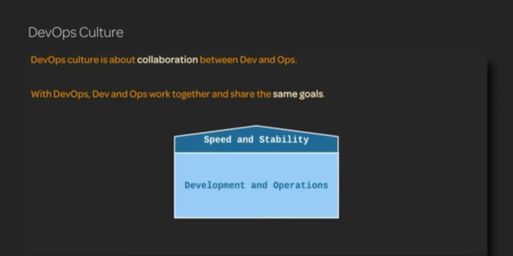What DevOps culture has discovered is that when development and operations come together and share the same goals and prioritize speed and stability equally, they're able to find solutions and build tools that can allow an organization to have both speed and stability, to allow development to deploy frequently, to deploy quickly, to make changes to the system in a way that is robust, standardized, and allows the system to maintain stability for customers. And therefore, both of these goals wind up being met in a much more robust way than when you have two separate groups fighting against each other.